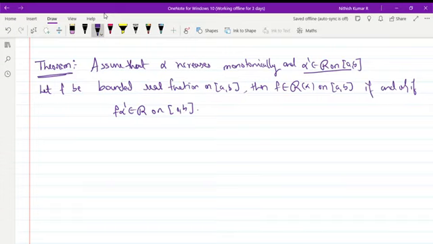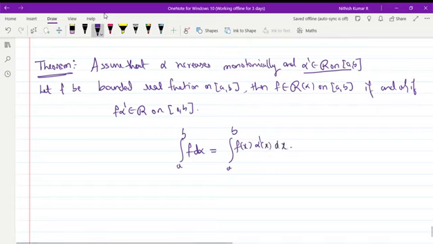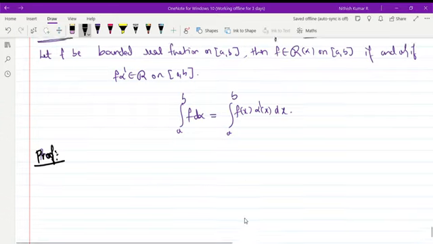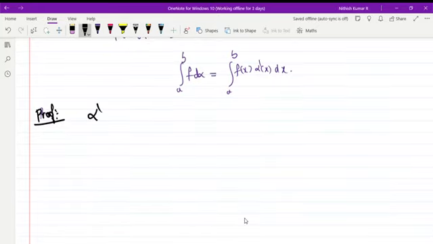So in this case we write integration a to b f d alpha is equal to integration a to b f of x alpha dash of x dx. So we shall see the proof. Given that alpha dash belongs to R on closed interval a comma b, using the Riemann criterion for integrability,